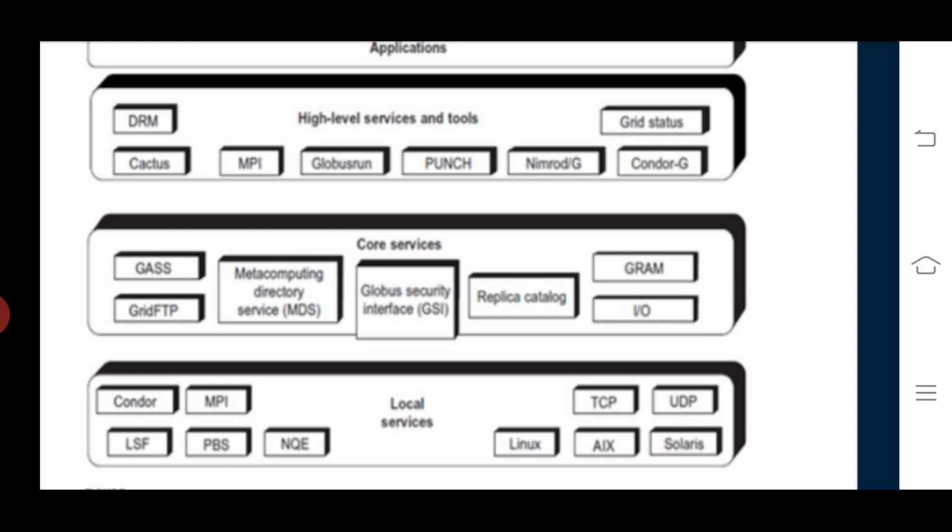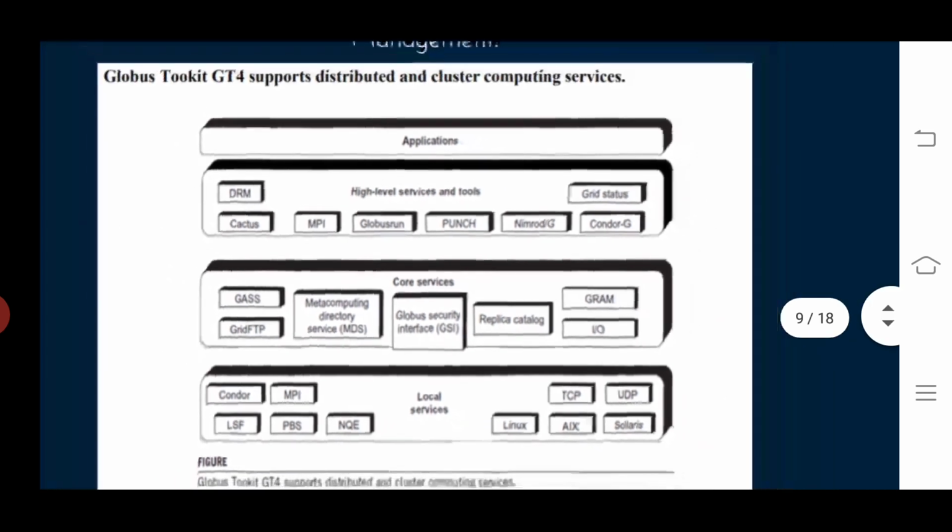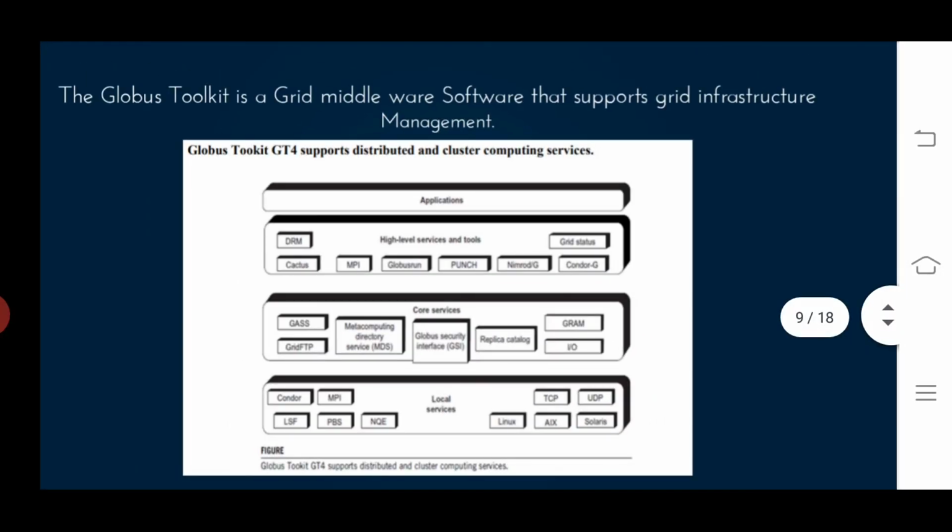Essentially, these functional modules help users to discover the available resources, move data between sites, and manage user credentials, and so on. We can say this is the de facto grid middleware standard. The Globus Toolkit 4 is based on industry standard web service technologies. And this is nothing but the concept of Globus Toolkit. Later we can discuss it here.